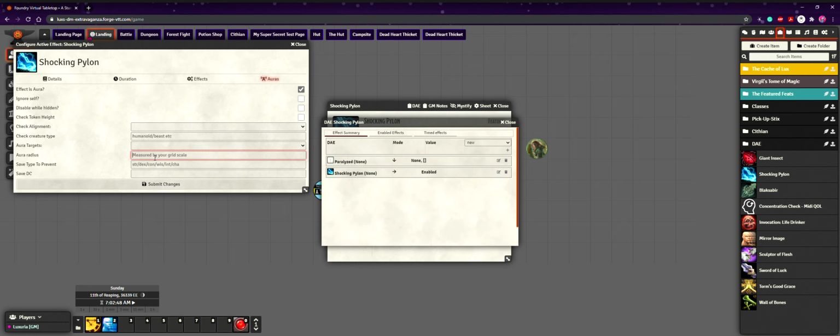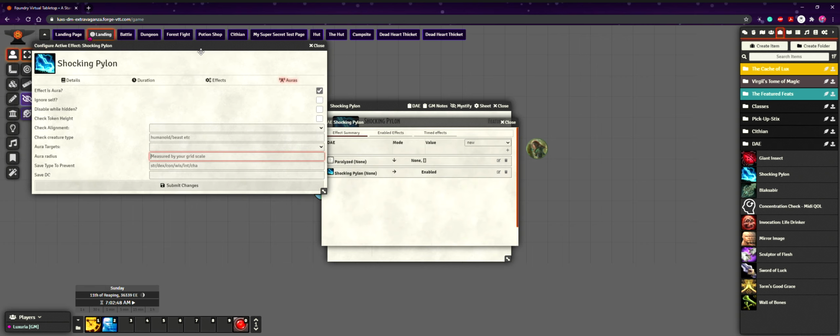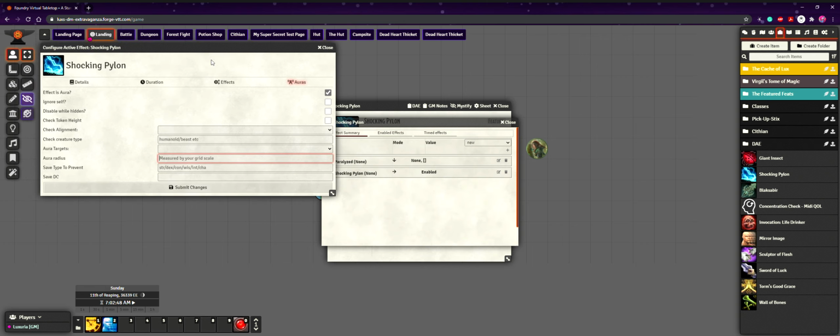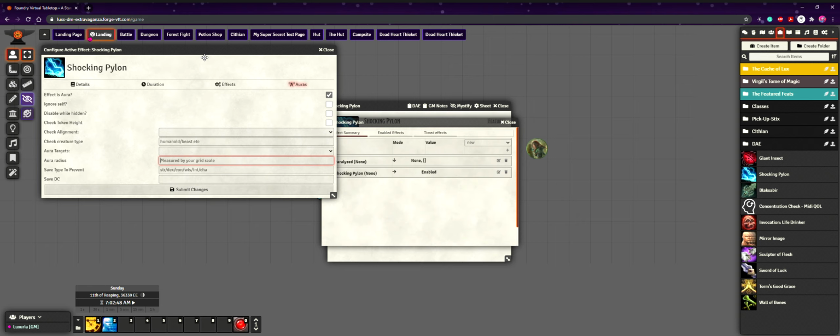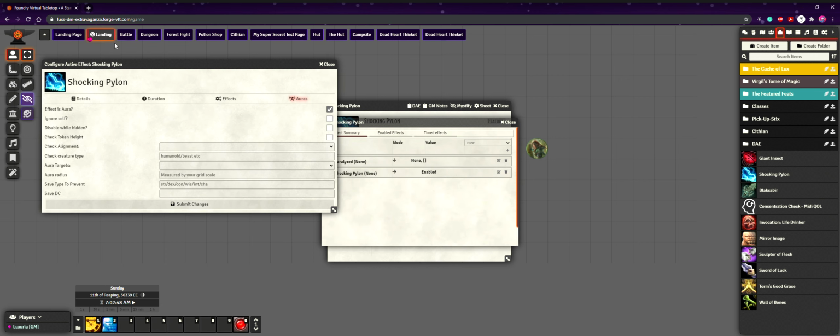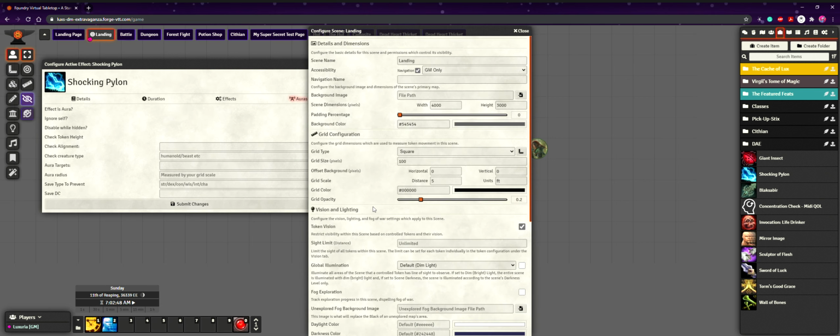The main thing that would be important is measure, or aura radius. I started reading that because I'm a dummy. It's measured by your grid scale, as it says right here, and I really like the way they're showing you examples here. It's really useful for those who are not super versed in modules, and when you're first getting into it. All that means really is, if we come over here and we configure this scene,